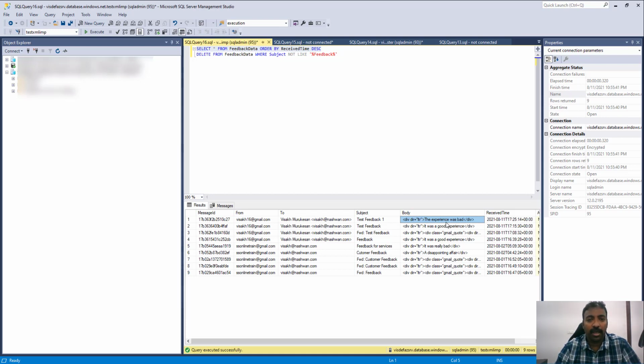So now that you have captured the feedback inside the database, the next part of this is how we can use this data which is there in your database and apply sentiment analysis on top of it inside a Power BI report, so as to show the result of the sentiment that is expressed by the user. So let's see how we can do that now.